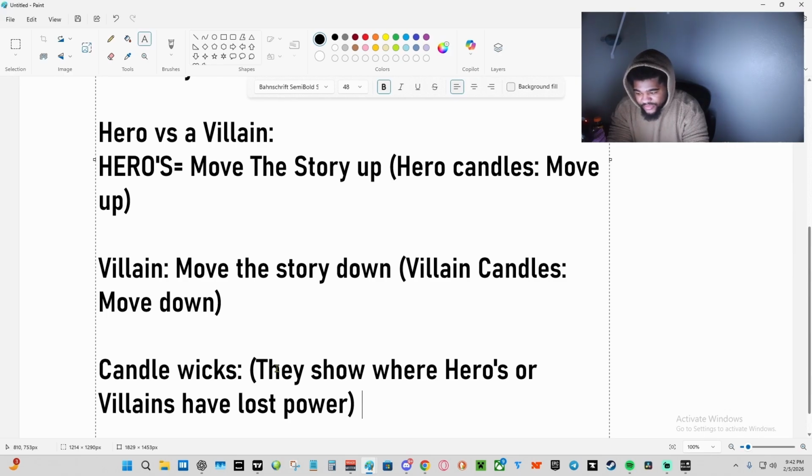That's what they do. And then we use those areas where the hero or the villain have lost power, and we wait for the narrative to come back to that area where they have lost power and to either trade through it or trade away from it, right? Because then that gives us context. And once again, we'll get into that when we start discussing how to enter and our trading strategy. But for right now, if you can understand that, you'll know how to trade. Because what I just showed you literally is the trading strategy.